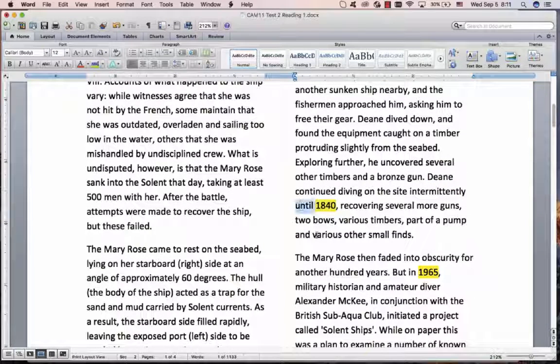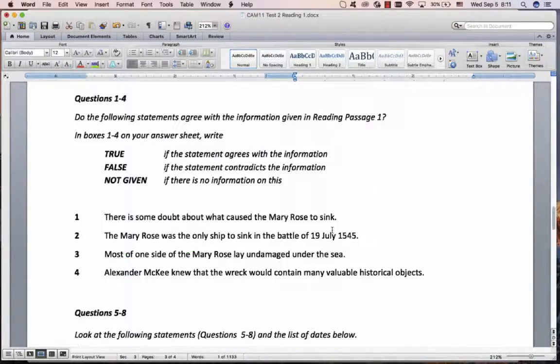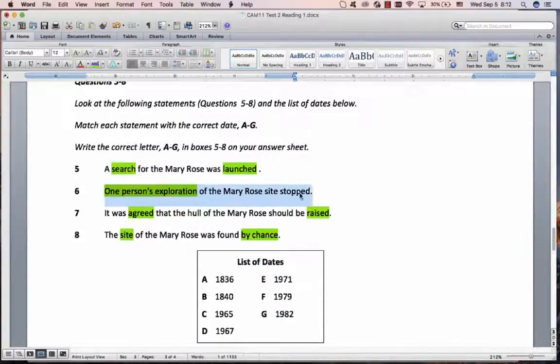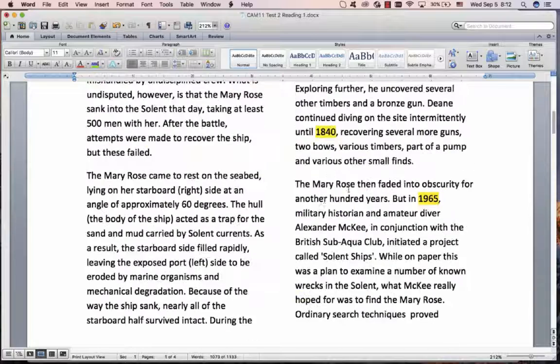This word until tells you he stopped in 1840, and that looks pretty good for this one because that word until tells us he was exploring the site. And also, this is very important, one person. It's just this one guy, Dean. So I like that one for 1840. Let's carry on to check. Right, 1965, what happened? Another 100 years, don't worry about this. Nothing happened in 1965. This guy